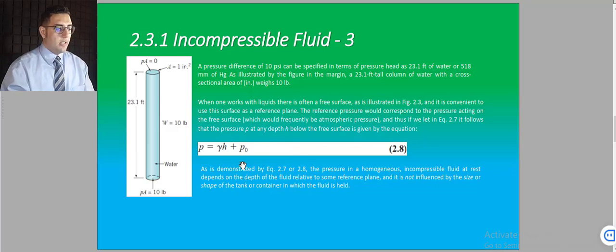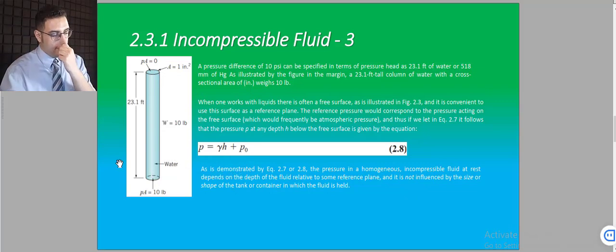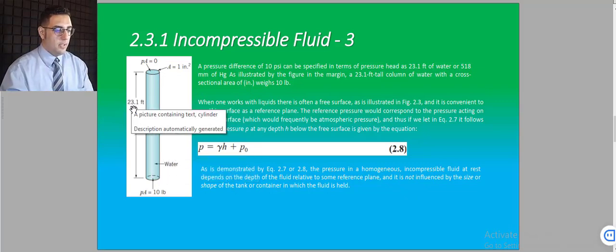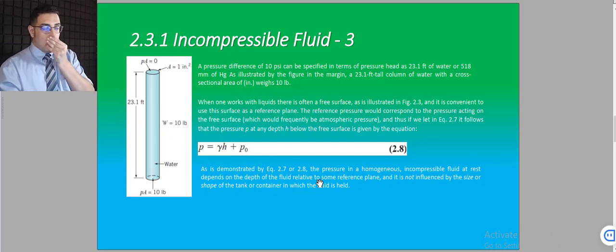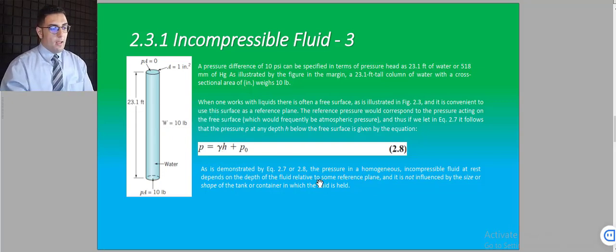The whole pressure is going to be equal to gamma H plus P0. P0 is the reference. Gamma H is the specific weight of fluid, and H is the pressure head, 23.1. Just remember that if you're dealing with this equation, you have to consider homogeneity, which means the units have to be homogeneous